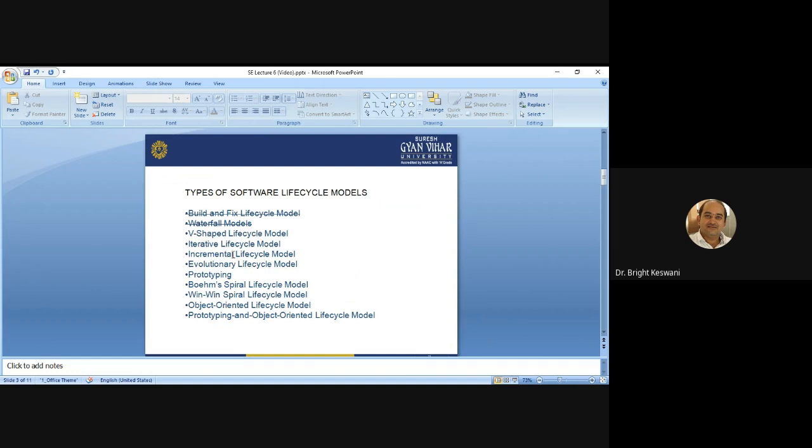What is the meaning of prototyping? What are the various types of prototyping? And also we will discuss the limitations and some advantages of each and every model. So let us start with the V-shaped lifecycle model.